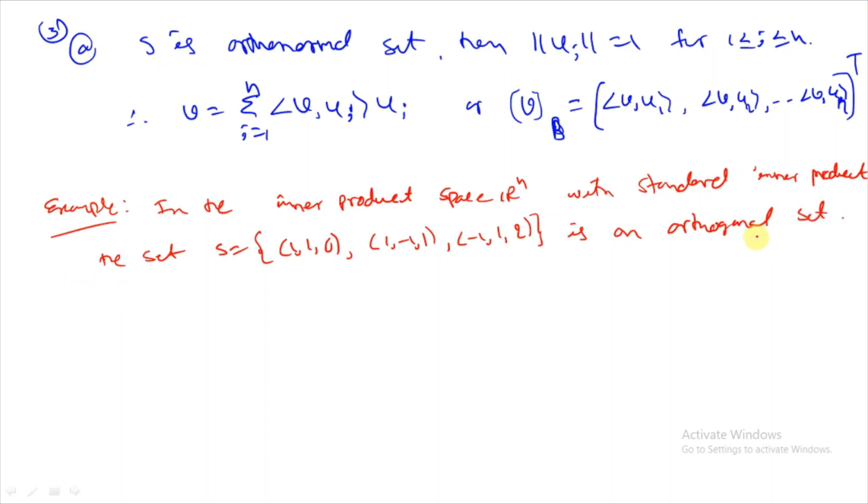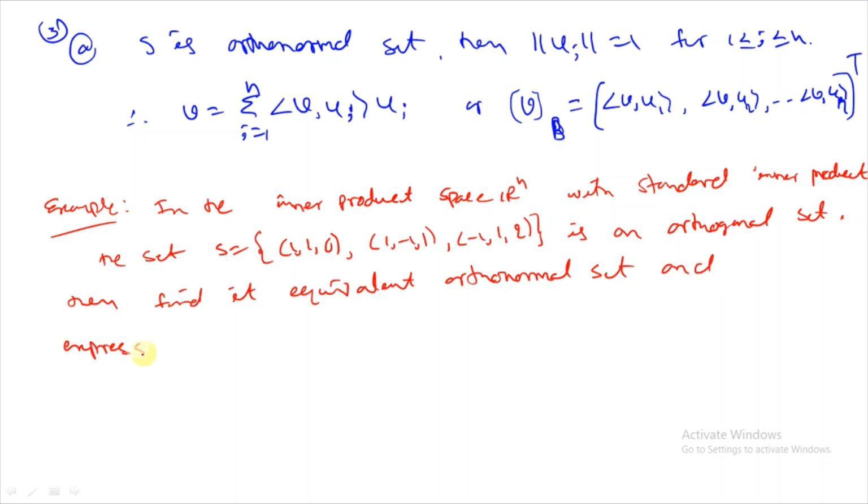Then suppose you are asked to find its equivalent orthonormal set and express (2,1,3)